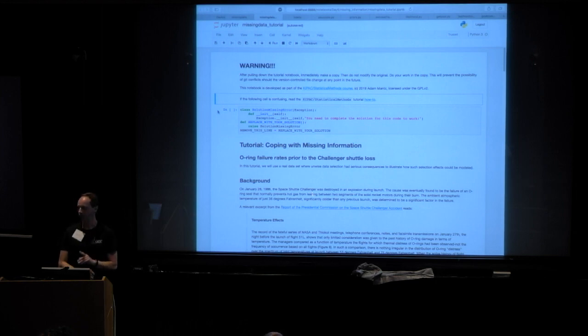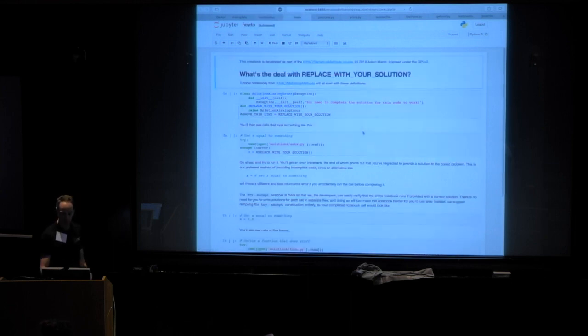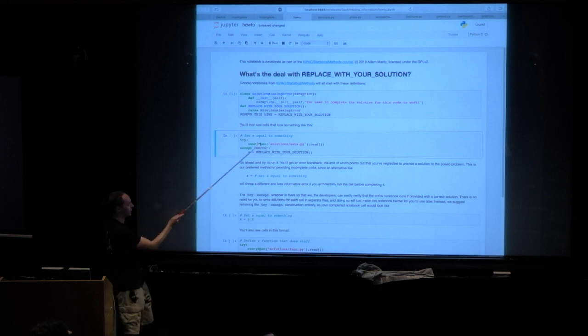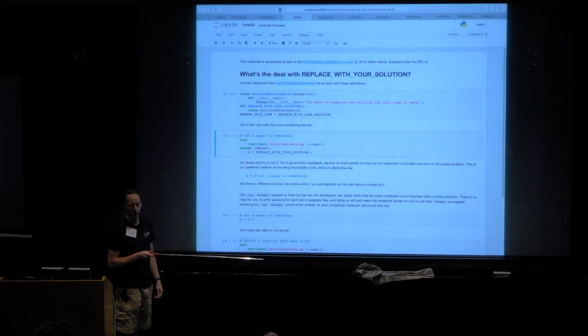There's a couple of things that I want to say before we launch into it. One of them is sort of trivial. So first of all, there's this warning at the top about making a copy and working in the copy. That's just general good Git advice. If you don't follow it, that's fine. But the problems to be solved look a little bit different in this case. So at the very top, you see this block which you should execute. And then where there is code for you to fill in, you'll see a construction like this with a try. And what we try to do is read in a solution file. And if we don't find it, then we do code which is actually in the block.